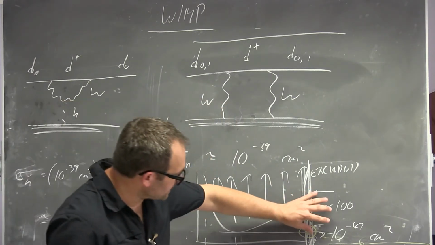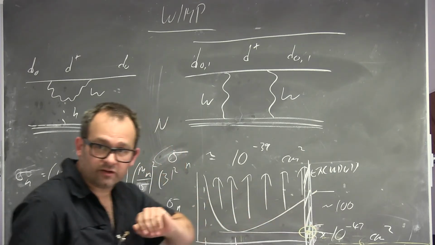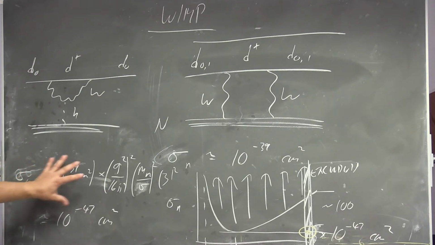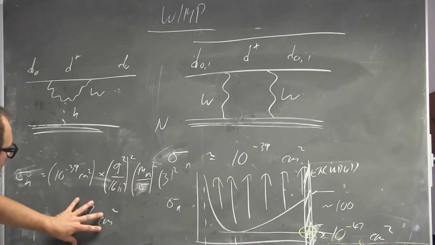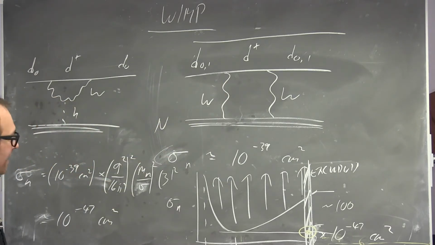So the current constraint is about 50 times away from this 10 to the minus 47. Which at first seems like, that's not too bad. Except that I said this is the going rate for one of the diagrams. When you add up the diagrams,